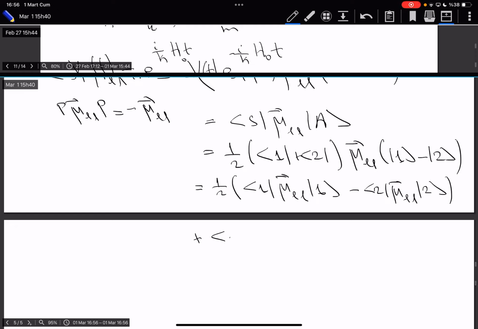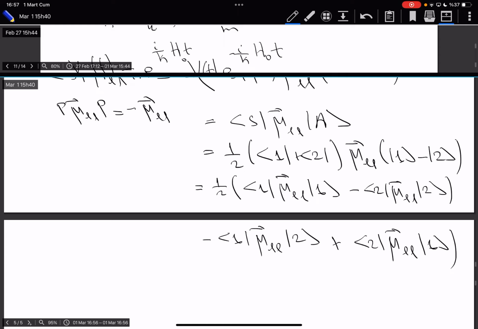Plus, minus, 2 plus 2. Minus, correct. Well, parity will just change 2 to 1, up to a phase which I can choose to be 1. But that means that this is equal to